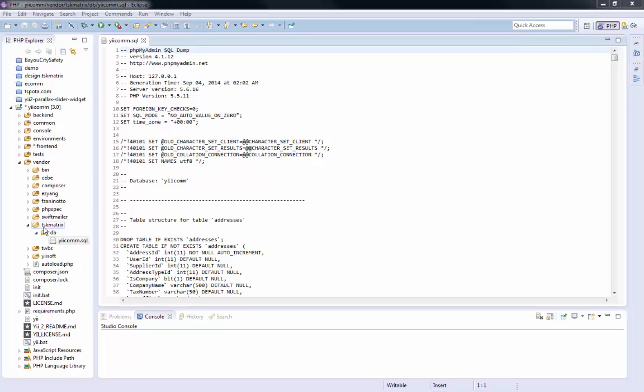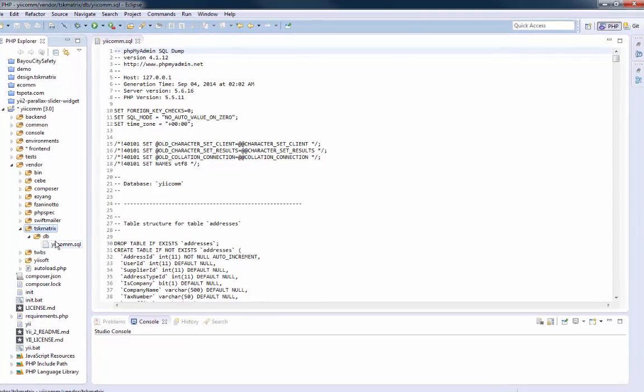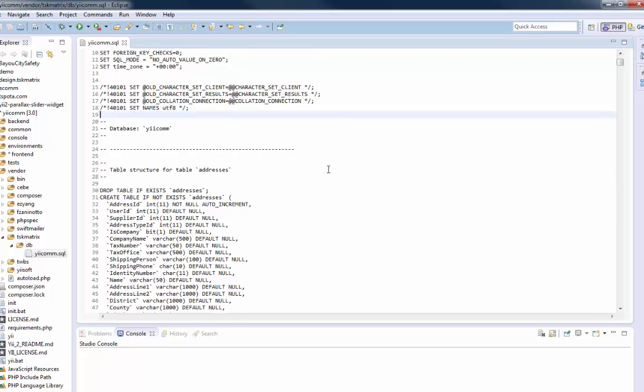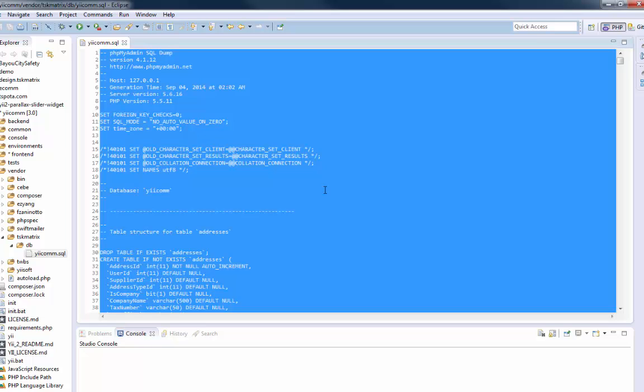What we're going to do is come down into our vendor, down into TSK matrix, to the database, and we're going to copy all of this. It's pretty big. We're just going to copy all of this, and then we're going to paste it into our